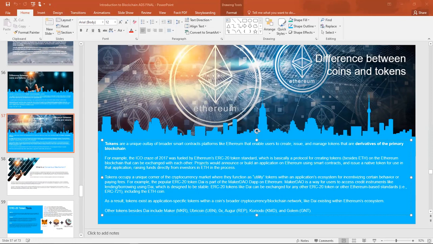Then we have some of these tokens are part of either the exchange, they have a utility for exchanges, or they have a certain project that they are actually supporting, something like Delta coin. So Delta coin is a coin on this one. So when I was creating the Ubri coin, Delta coin